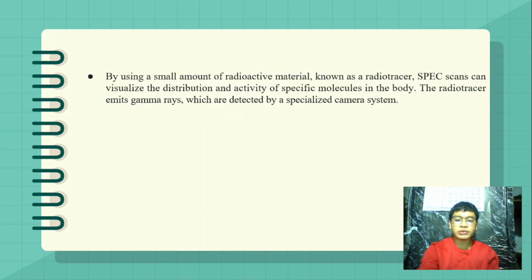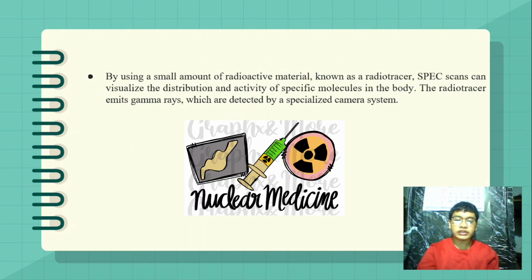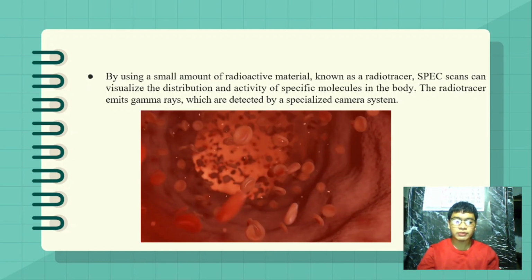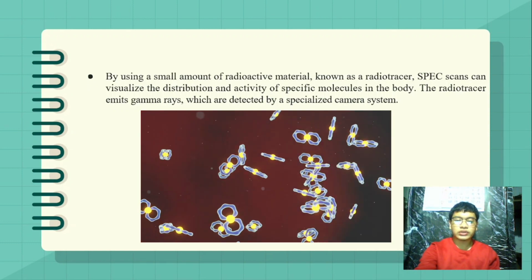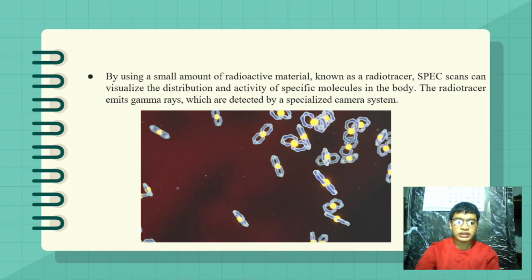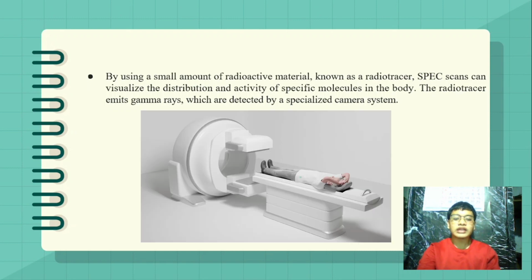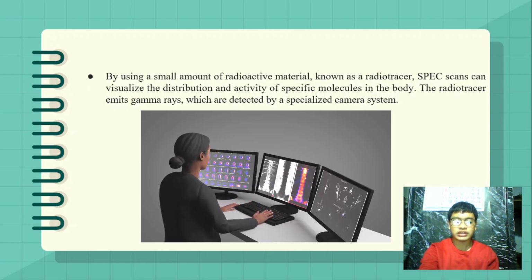By using a small amount of radioactive material known as radiotracers, SPECT scans can visualize the distribution and activity of specific molecules in the body. These radiotracers emit gamma rays, which are detected by specialized camera systems. These rays generate data that is processed by a computer to create detailed images revealing the functional processes occurring